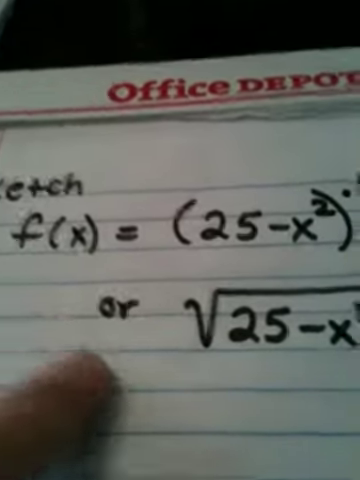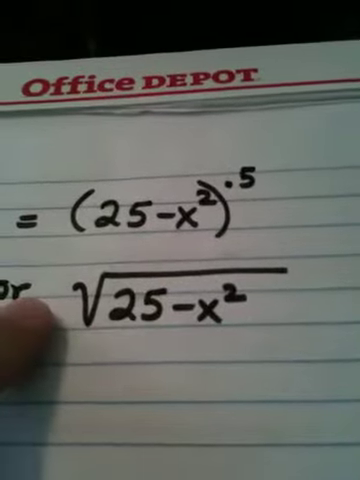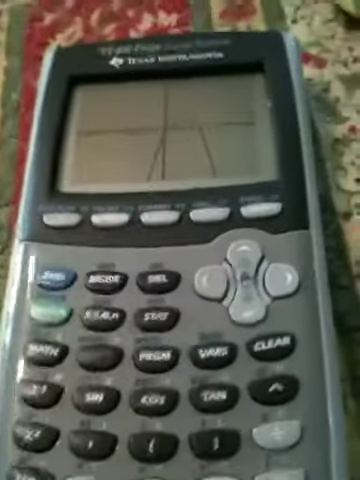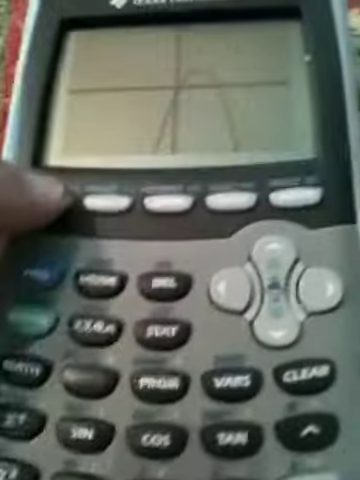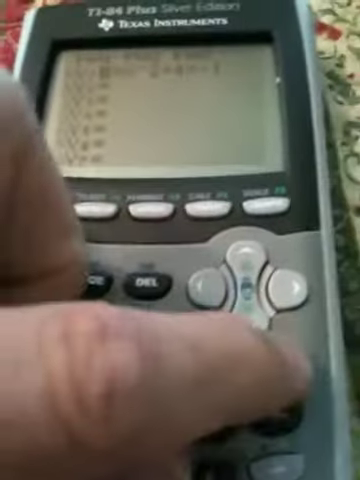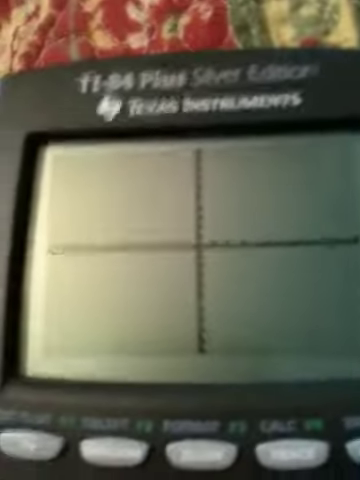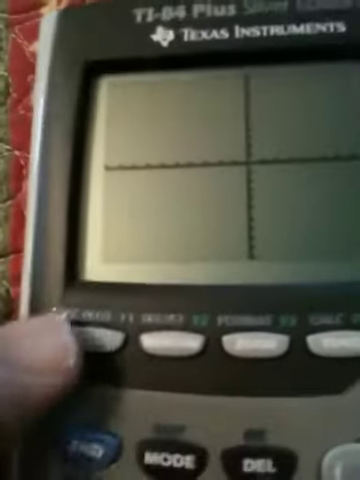So let's graph this function on our calculator. The square root of 25 minus x squared. So y equals, let's turn it on, it went to sleep. Okay, I'm going to hit y equals and clear out what I have in there right now. Now remember, always zoom 6 to get a standard window, okay? And now y equals